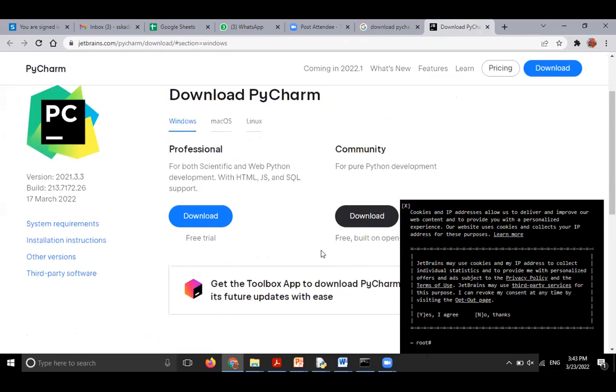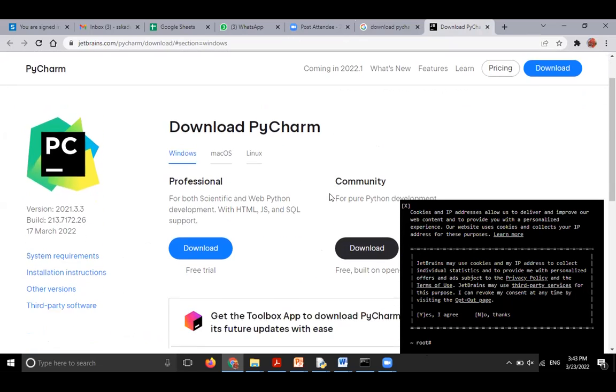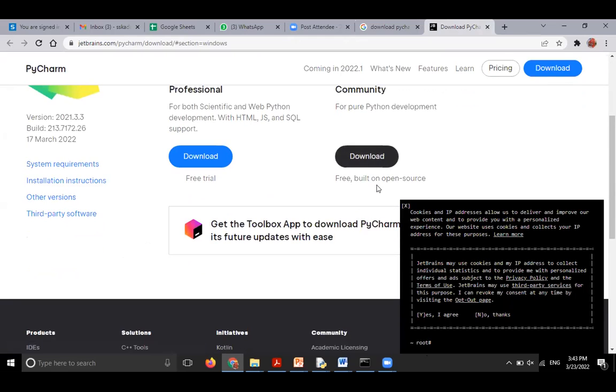This will take us to the official site of PyCharm. Here there are two versions, professional and community. At student level, we prefer to go for the basic version. That's why we